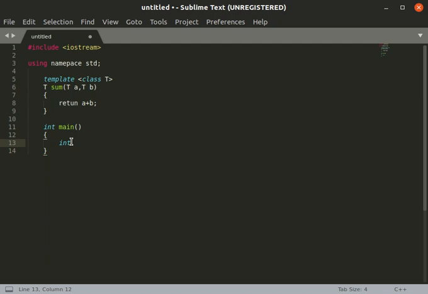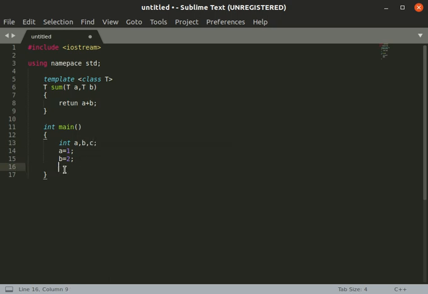So here in main, I'll simply write int, if I want to add two integer numbers: int a, b. Set those values like a is equal to 1, b is equal to 2, and I'll make an integer c for my result.